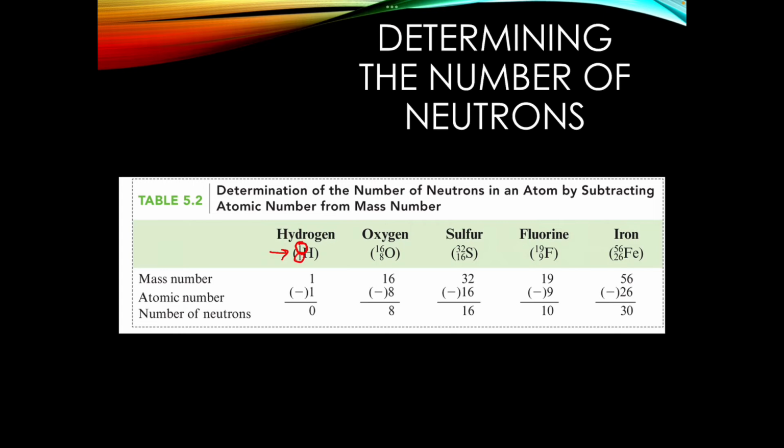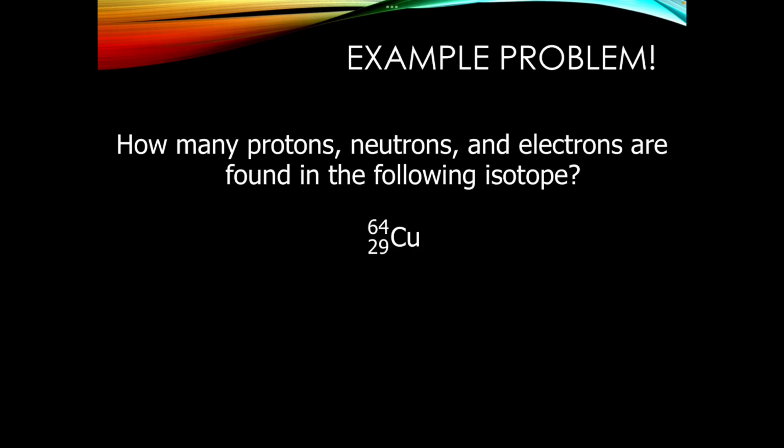If we look at oxygen, to figure out the number of neutrons, again, it's set up for subtraction. The mass number is on the top, the atomic number is on the bottom, and we can just subtract them, and we get that there are 8 neutrons in this particular isotope. And you can do that for anything, as long as it's set up with the mass number on the top and atomic number on the bottom. So that's how you can remember which one goes on the top or on the bottom. Remember, it needs to be set up for subtraction to figure out the number of neutrons.